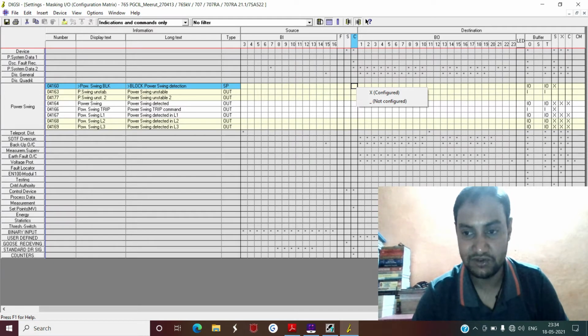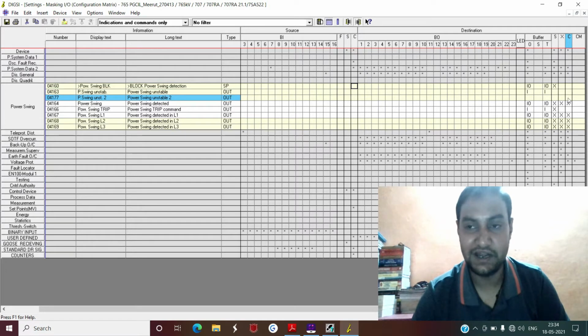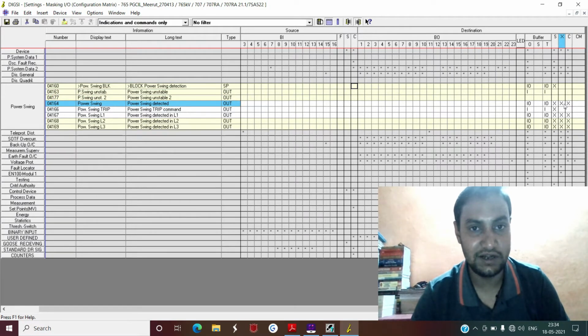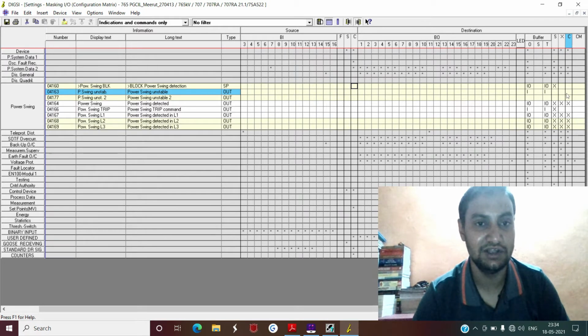If you want any of the signals to use as the input of the CFC, suppose now you want to use these signals like power swing unstable, power swing detected. These are the internal signals which are available to you on the basis of relay settings and actual system conditions. Once your relay has detected power swing unstable, this signal will be high.